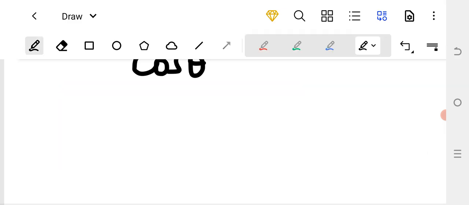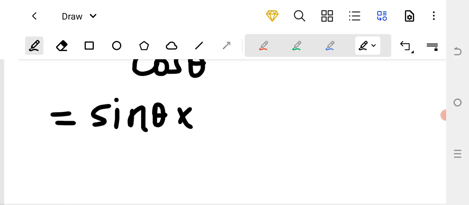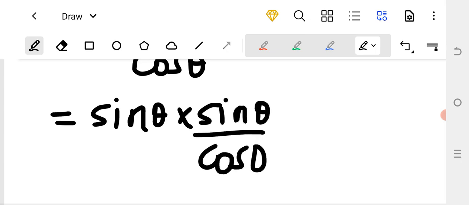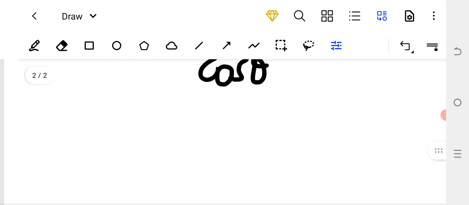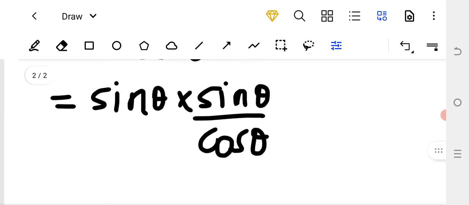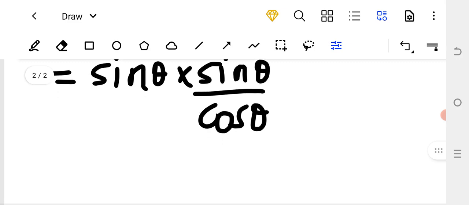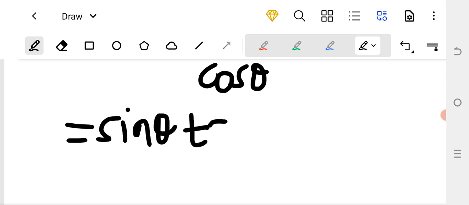So let me write it again. Is equal to sine theta, okay, times sine theta over cosine theta. Then sine theta divided by cos theta is going to give you tangent theta, so it's going to be is equal to sine theta tan theta,